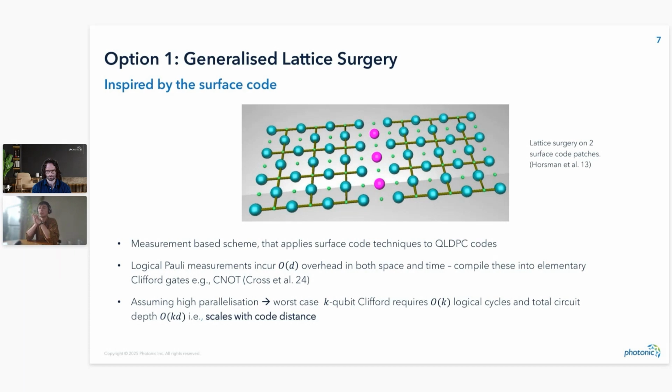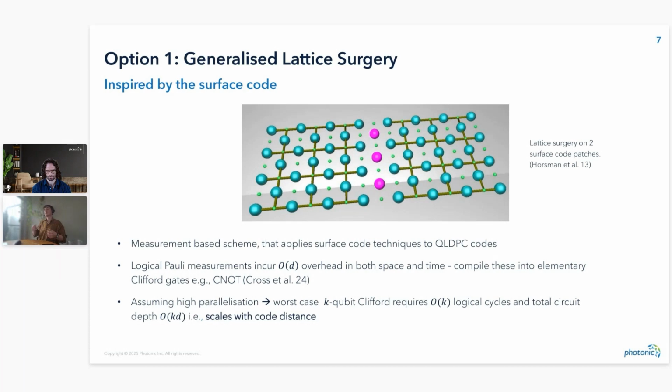The most recent work, I think from last year, by Cross and co-authors, shows that you can do these logical Pauli measurements with order d overhead in both space and time, d here being the minimum distance of the code. And then when it comes to compiling more complex operators, well, if we assume a very high degree of parallelization commensurate with surface codes, which may or may not be possible for your QLDPC code of choice,